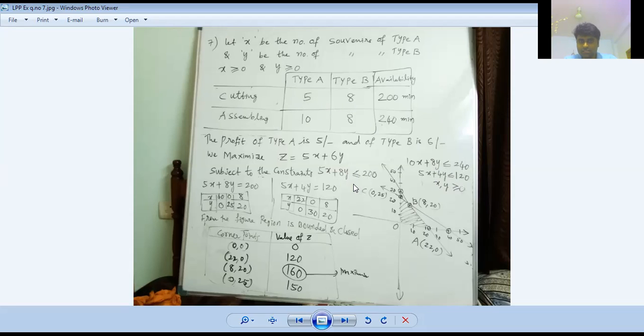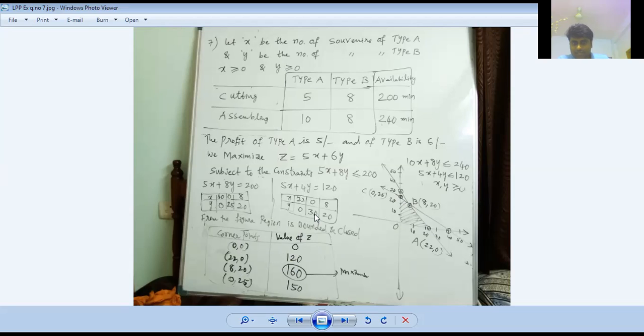Here I wrote. So for both we'll take table values. One point on the x-axis, one point on the y-axis. After that, what is (8, 20)? The point of intersection, which is very important to draw any graph. So take both the lines and go towards the origin because both are less than or equal to. So compulsorily the region will be bounded and closed here also. See, this is bounded and closed. Now corner points we will take. So what are those? (0, 0), (22, 0), (8, 20) and (0, 25).